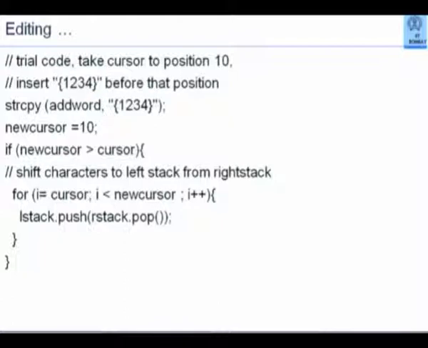So I have originally A, B, C, D, E, F, G, H, I, J, K, L, M, N, O, P, Z. At that point I want to insert these characters. What will I do? I want to put the cursor to position 10. So I will define new cursor as 10. At this moment, I don't know where my old cursor is. It may be 0 because I have just come here, or it may be 24 because somebody had moved it somewhere else. So my new cursor position may be either greater than the current cursor position or less than the current cursor position.